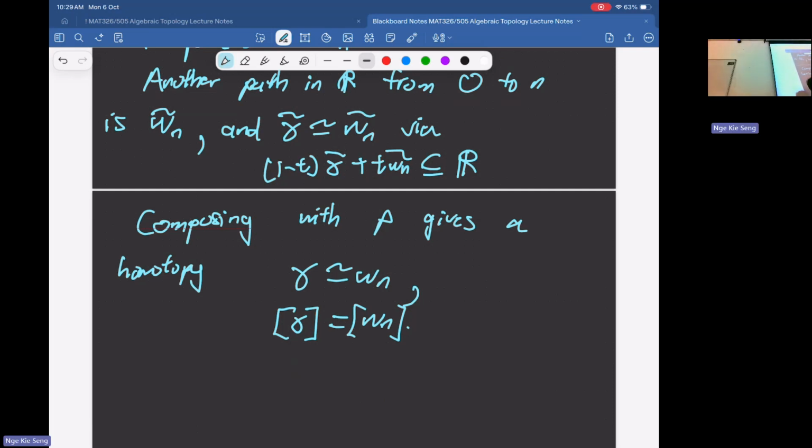Why do we want to do this? You might think that, since I already get to n, why not just Wn? You might imagine this gamma n, I'm not running with